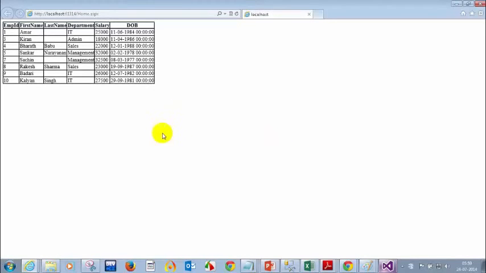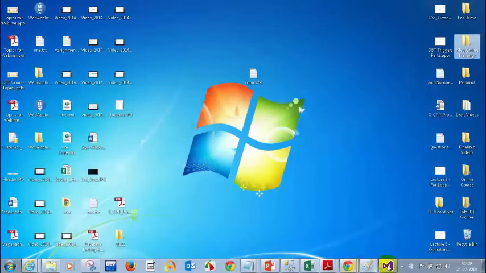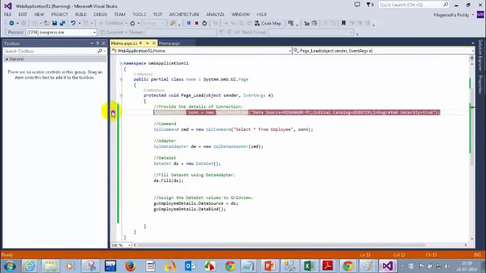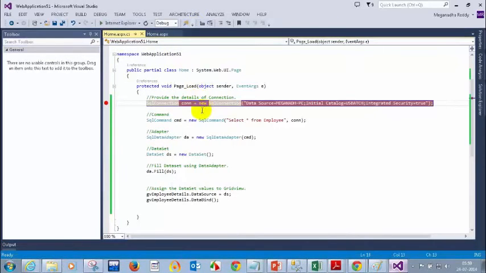See, now we are seeing the values in the UI. So these values we got from the database. So I repeat again, let me go back to this and put a breakpoint here. All you need to do is just click here. So let me stop this and run again and execute this again. So I'm executing now.